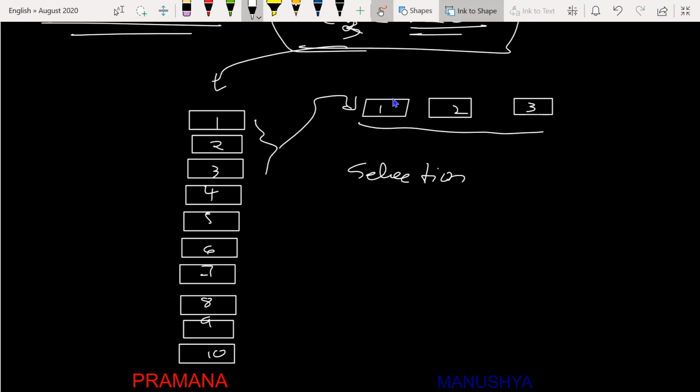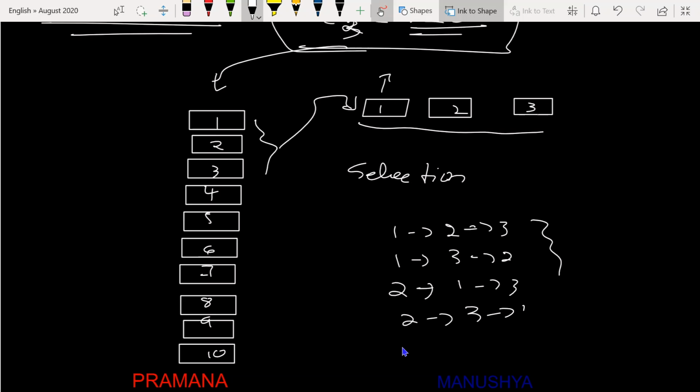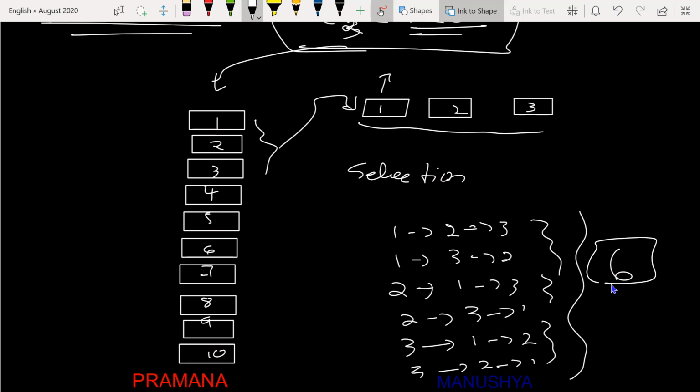Okay, first you will keep 1. So this can be written as 1 2 3, that's the first combination. 1 you will select here at the first place, then 3 2. So this is the second arrangement. Now I will select 2 at first place, and this will be 1 3, and 2 at first place, this will be 3 1. Okay, again I'll select 3 at first place, then it will be 1 2, and 3 at first place, then it will be 2 1. So total how many did we get, my dear friends? Out of this one selection we got how many arrangements? 6 arrangements. Since these are distinct objects, you can get these 6 arrangements out of these 3 objects which I have selected out of 10, right?